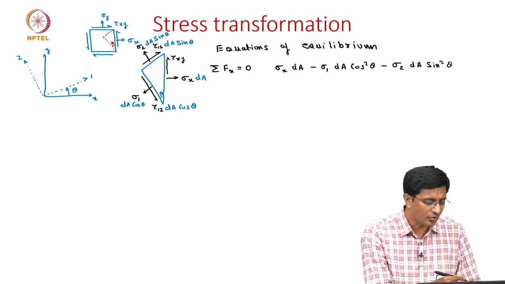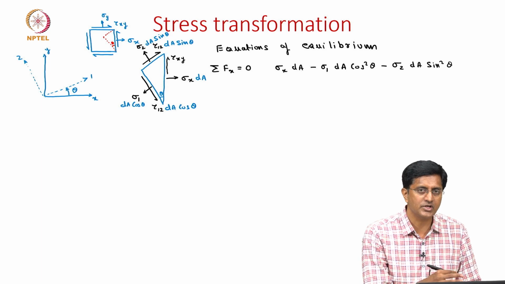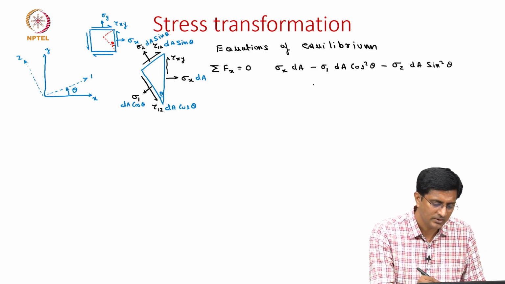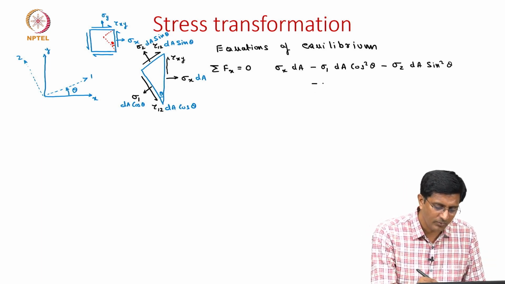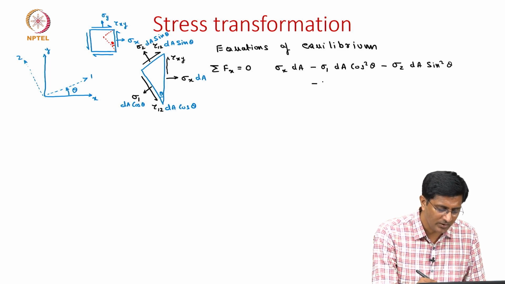And we also have contributions coming from the shear forces especially on the inclined faces, and both will be the same amount. So, we will have plus 2 times tau 1 2 dA times sin theta cos theta